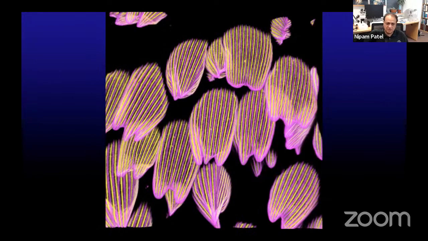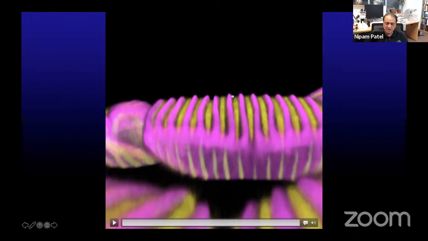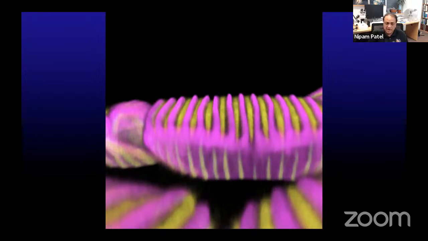So now you begin to secrete cuticle. In this image, you're seeing the actin again in yellow, but now you're seeing chitin being deposited in pink. And what you'll see is the chitin now starts to be deposited in those spaces between the actin rods. So those actin rods really form the cytoskeleton of the scale cell as it's growing, but they also position those ridges, and it may be relatively passive: where those actin rods are underneath the membrane, you can't actually get any of the exocytosis machinery in there. So it all ends up being between those actin rods.